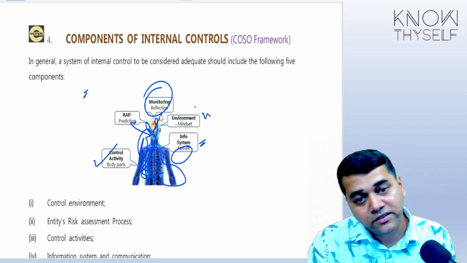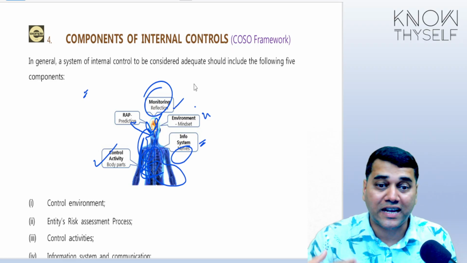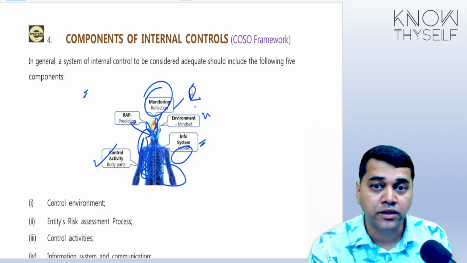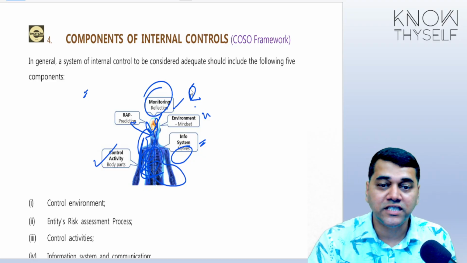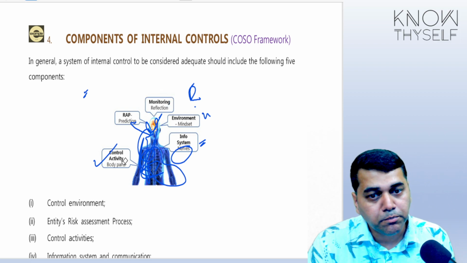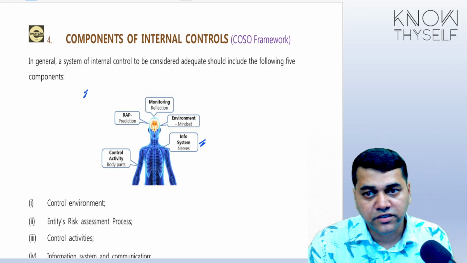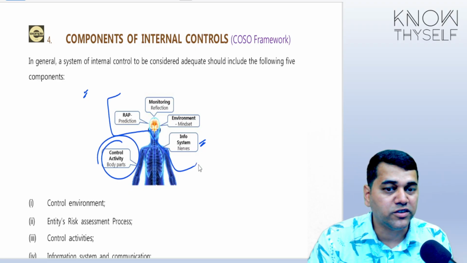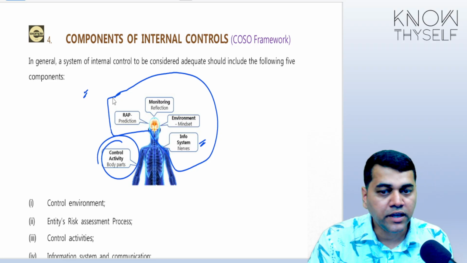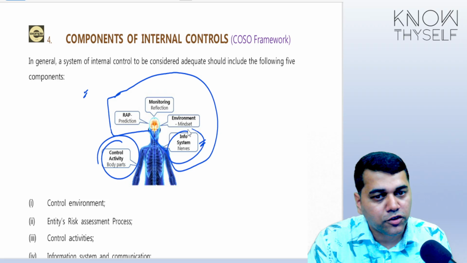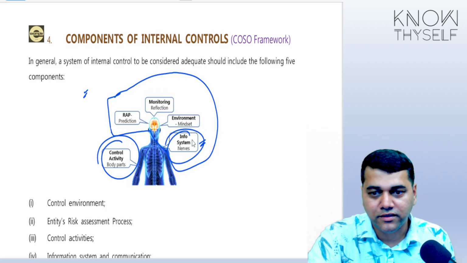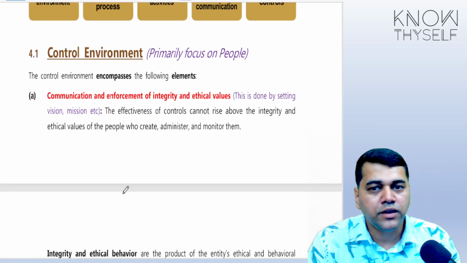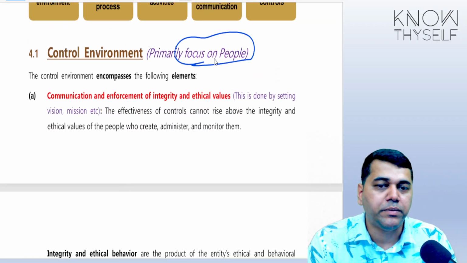And monitoring is also, see, more like a reflection. Okay, you think from time to time, like what went wrong, what I should be doing, what I should have changed. So, in the components of internal control, this is the only one control, students, which is visible. Rest everything is conceptual. Okay, and something not visible, but it is there. Okay, I hope this is one of the analogies I wanted to give you. That's why the control environment focuses on the people.